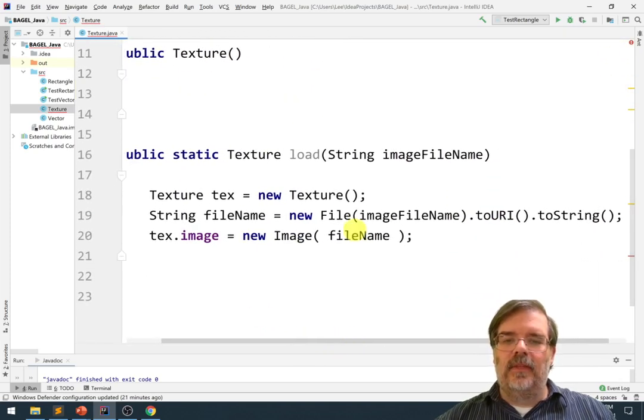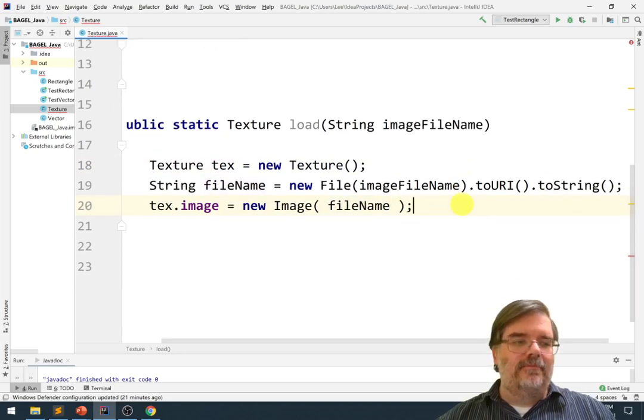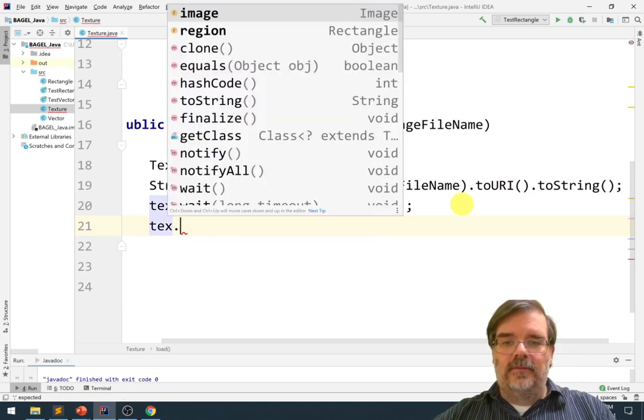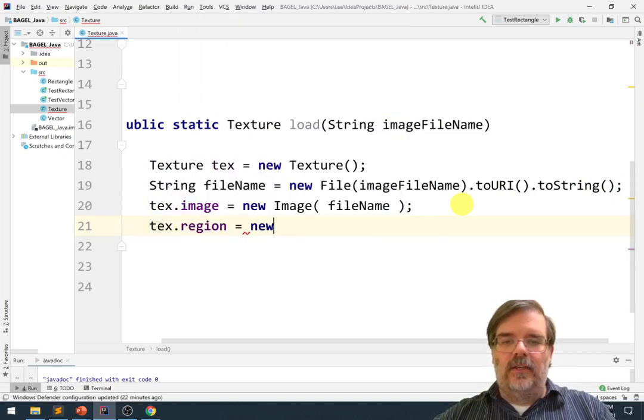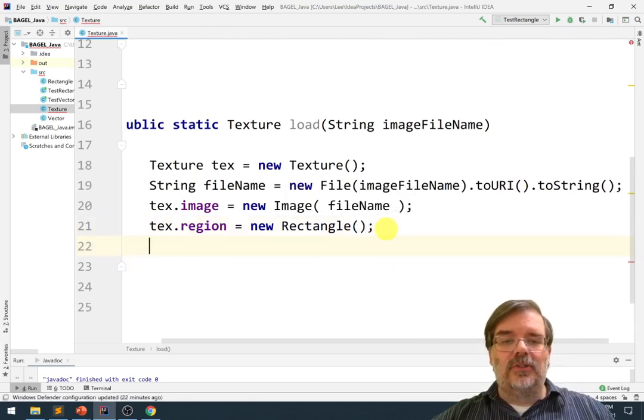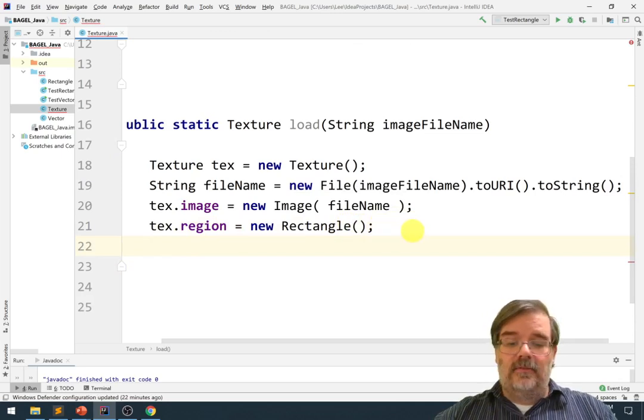All right, so right here, within the image of this texture object, we've loaded a JavaFX image with this file name. And now we need to create a rectangle. And so tex.region should be a new Rectangle. But we need to know what the boundaries of this rectangle are going to be. By default, we'll just assume we're using the entire image. So maybe we'll just use the default constructor, which will initialize everything to 0. And then we could say, for instance,